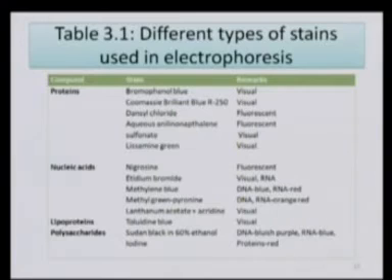For example, ethidium bromide is useful for the visual detection of DNA, and the bottom ones are lipoproteins and polysaccharides. So if you notice in this table, by using electrophoresis we were able to separate all sorts of biomolecules, ranging from proteins, nucleic acids, that is DNA and RNA, and then lipoproteins, that means a combination of protein and lipid, then polysaccharides. That means by using electrophoresis we can separate charged molecules based on their electrophoretic mobility, size and shape.